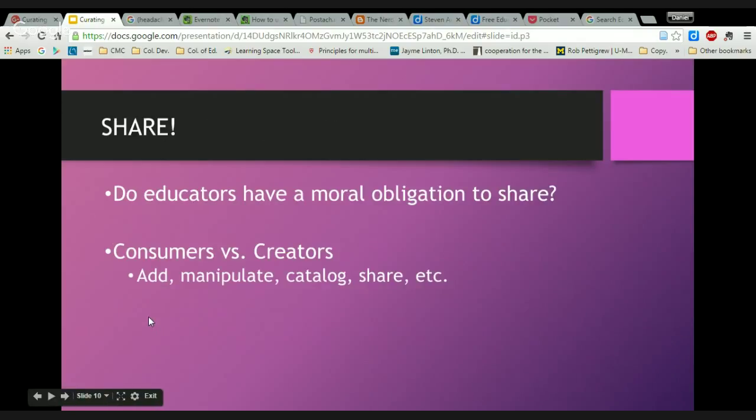And of course, the tail end of curation, sharing. And like I asked before, it's a rhetorical question, but I tend to agree with it. And I know a number of educators that don't. But do educators have a moral obligation to share? Personally, I think it helps strengthen the profession. But